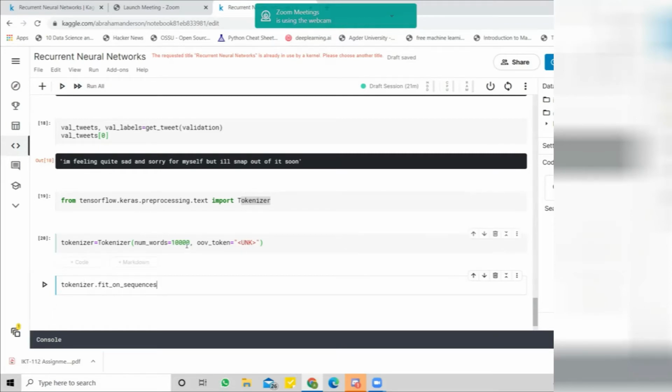If it finds the words inside these 10,000 words, it will assign the corresponding numerical value. If it cannot find them, it will assign the unknown token. Okay, so we are using this one, and let's assign our tweets, right? These are tweets from our training data set.